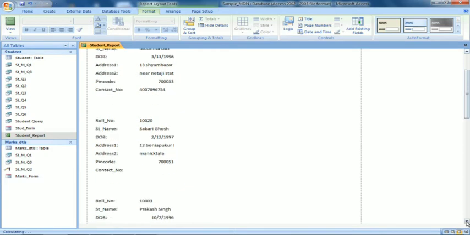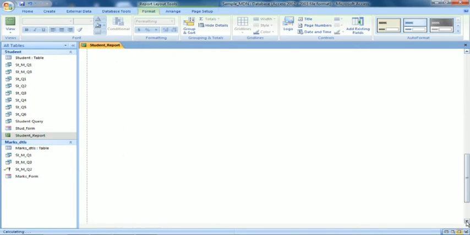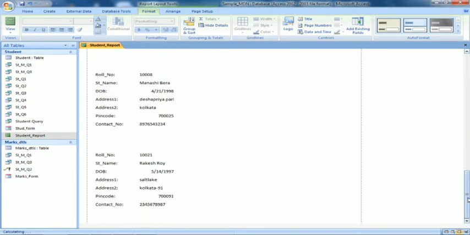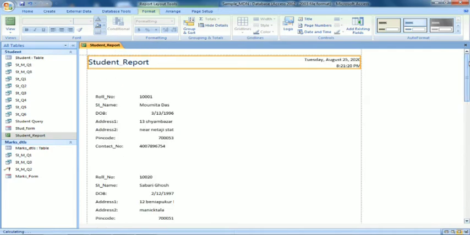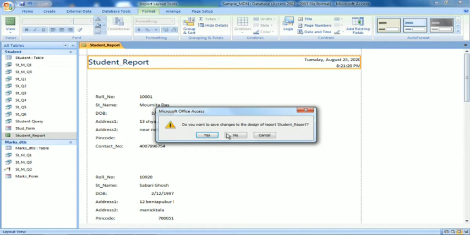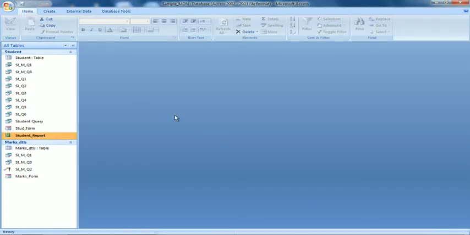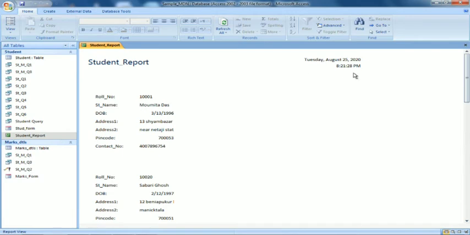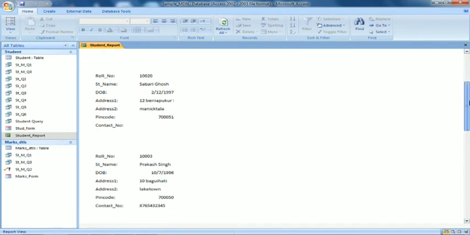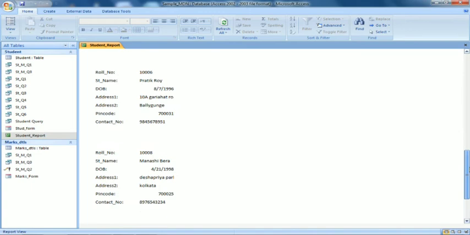Now let me scroll and view it. So it is done like this. Now I can close this. Do you want to save the changes? Yes. So I have added a title and date and time, and accordingly I have generated a report.